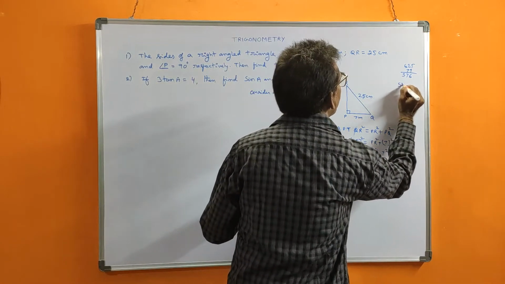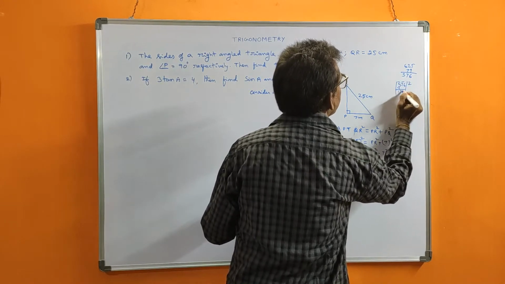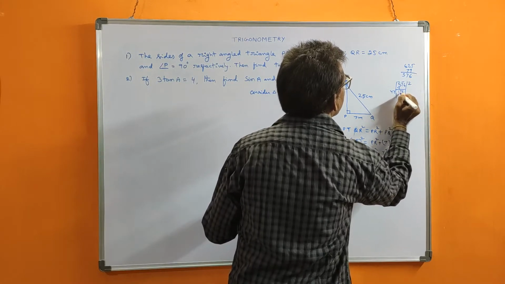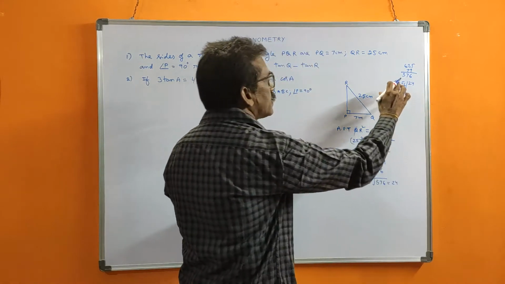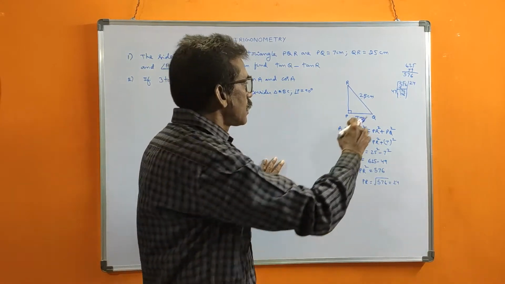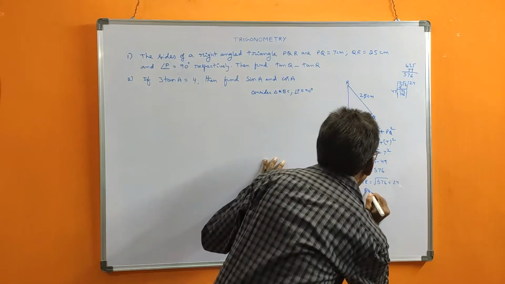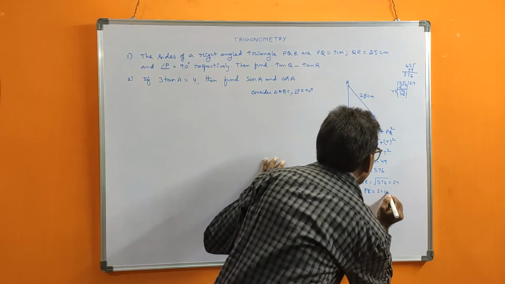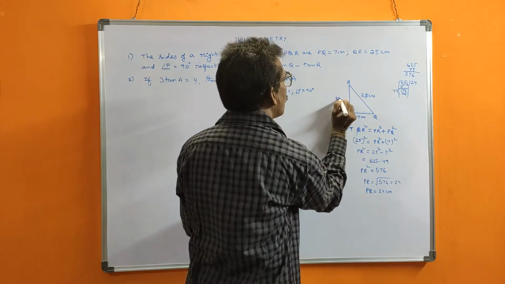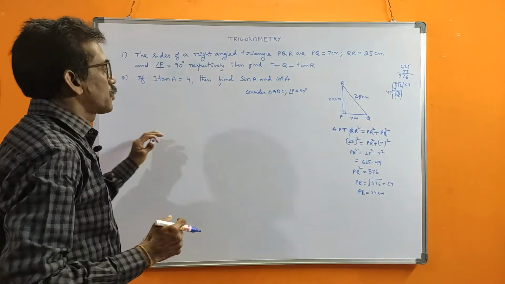You should calculate it. See, 2 2s are 4, 176, double 2 is 4, you write 4, 4 4s are 16, 16 plus 1 is 17. This method I told you already, in that lesson I explained clearly how to do it. Anyway, the square root of 576 is 24. So PR is equal to 24 centimeters. You can write here, 24 cm. Now once you know all the sides, you can proceed.